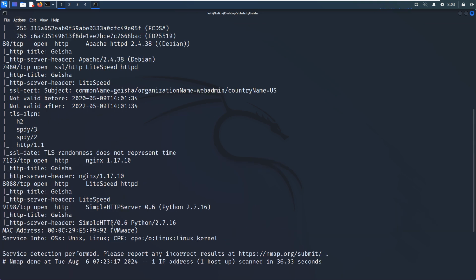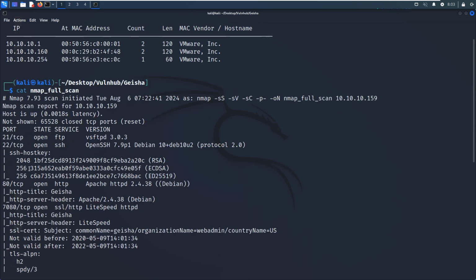Okay, so the second open port number is 22, which is running the SSH service and also the version information, OpenSSH, including the exact version number. As we know, this version doesn't have any vulnerability. The next one is 80, which is running the HTTP service and also the version information, Apache 2.